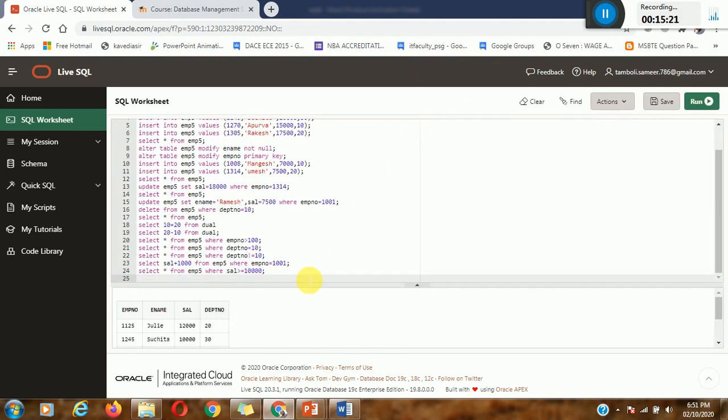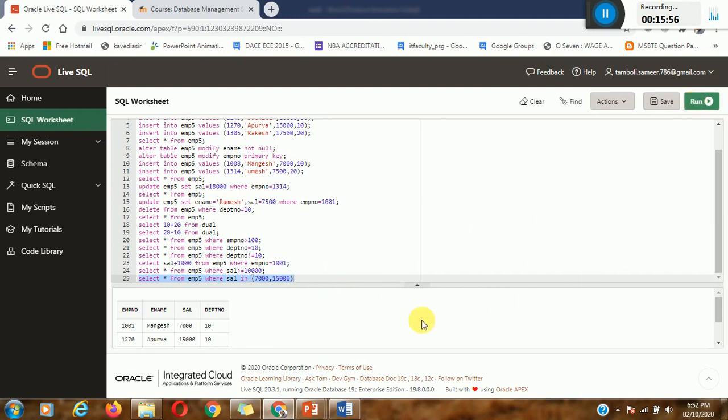It is a logical operator or comparator operator. So what is the query I have written? You must understand that query. Select star, all the records from EMP5 where salary in 7,000 and 15,000. So it must display all the records which have the salaries 7,000 and 15,000. Minimum 7,000 salaries and maximum 15,000 salaries records are displayed. Okay, if I run this,